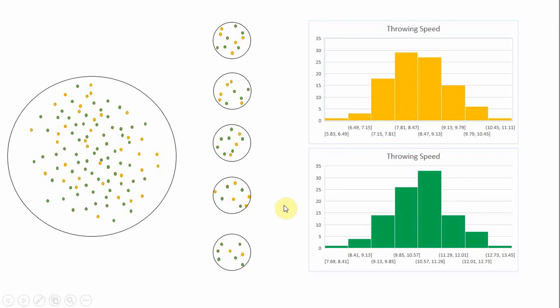The same thing's true for the experienced guys. You'll see here that the greatest number of all of the samples that were taken fall between 10.57 and 11.29, right? There were quite a lot of observations of that. Again, there were some that had really, really high throwing speeds, 11.73 to 13.45, but there's only a few observations that fall within that category. So maybe these are outliers, right? Same thing with the really slow ones in the experienced group. Some were 7.69 to 8.41, but again, it just made up a small number. Most of them tend to aggregate here in the middle. Okay, so